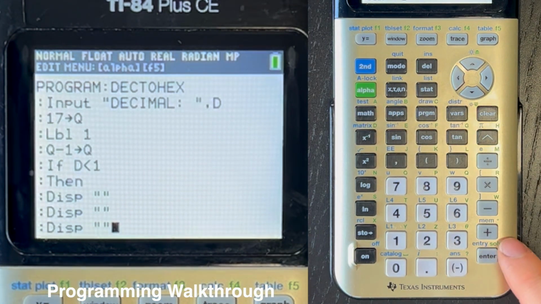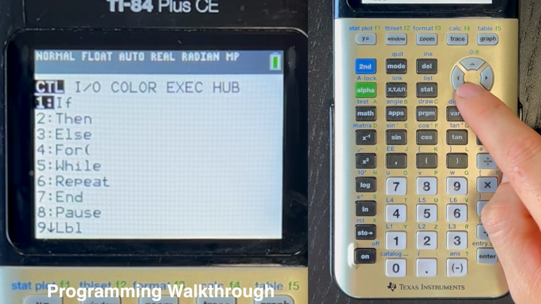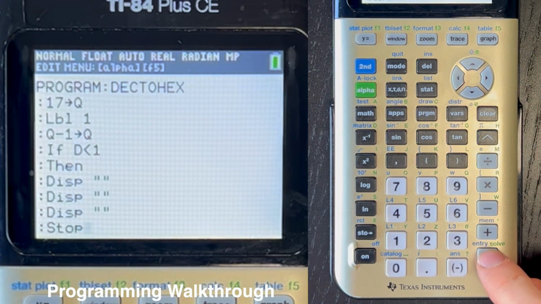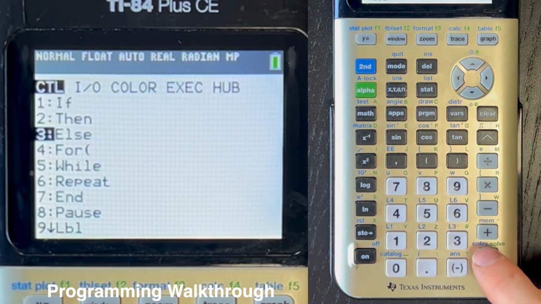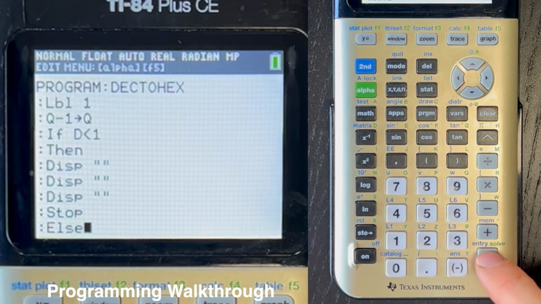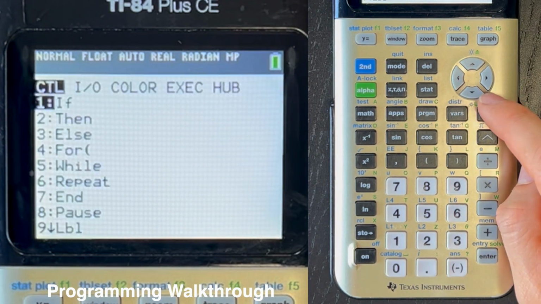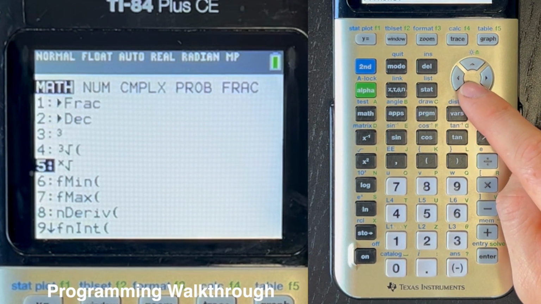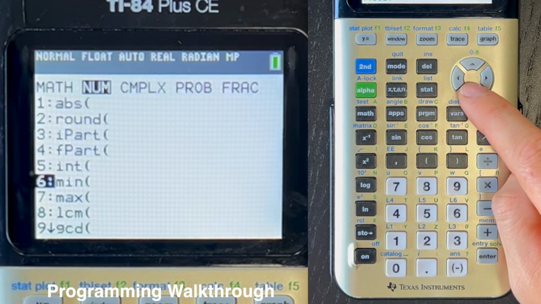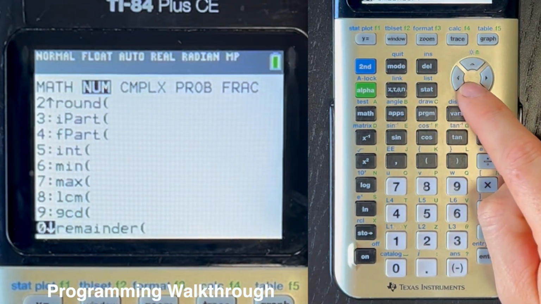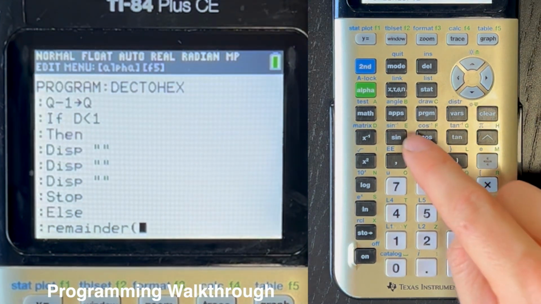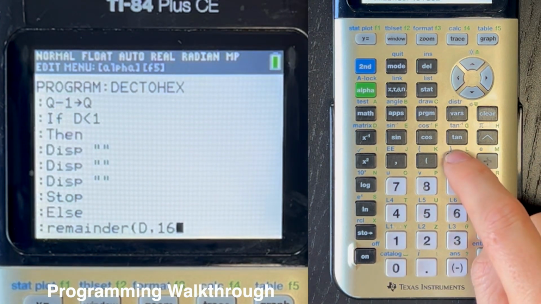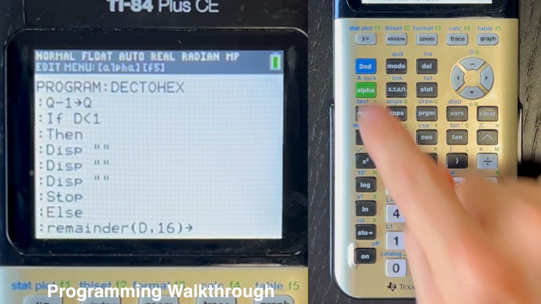So like that, and then next line, program, and get the stop command, enter else, new line, program, or sorry, for this one I'm going to hit the math key, and then scroll under the number menu, scroll to remainder, and then alpha D, comma, 16, close parentheses, store as T,